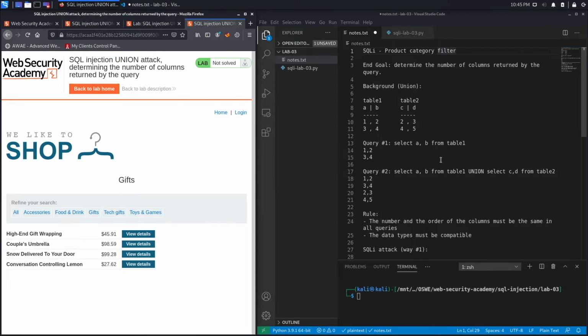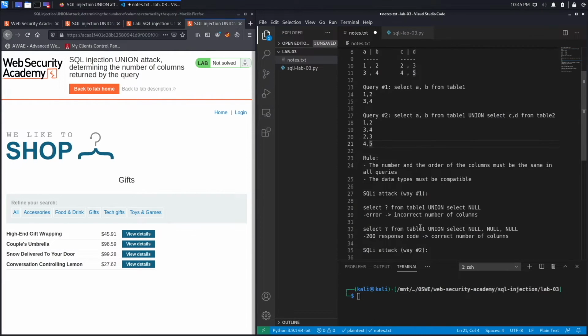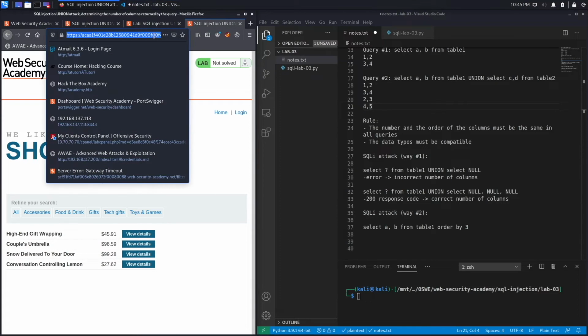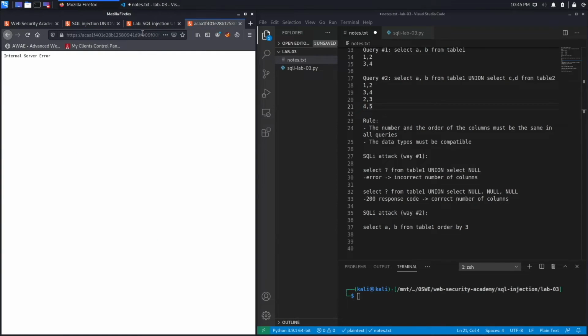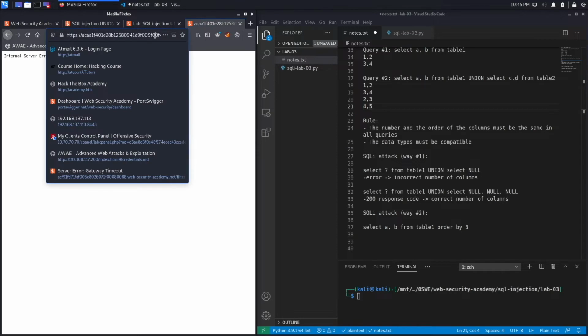All right, so now I need a way to determine the number of columns returned by the query, as the end goal states over here. And we learned 2 ways. Let's apply way number 1, which uses the null values. So I'm going to close the query over here and say union select null. And when I hit enter, I get an internal server error, which leads me to believe that there isn't only one column in the query. And that makes sense